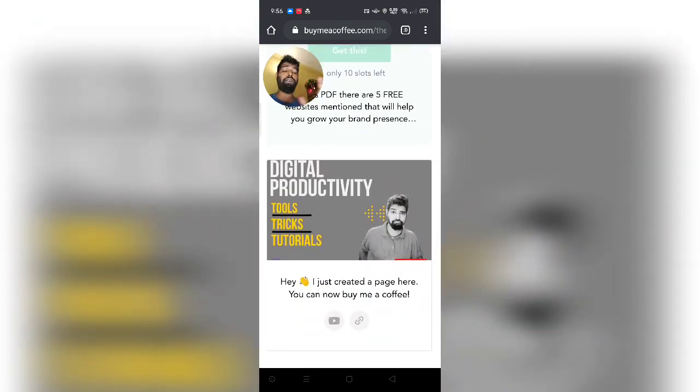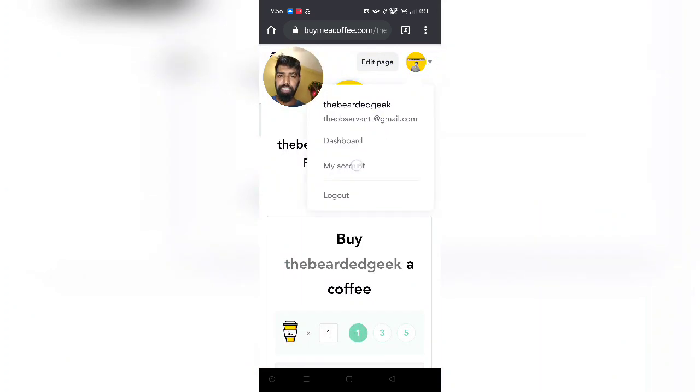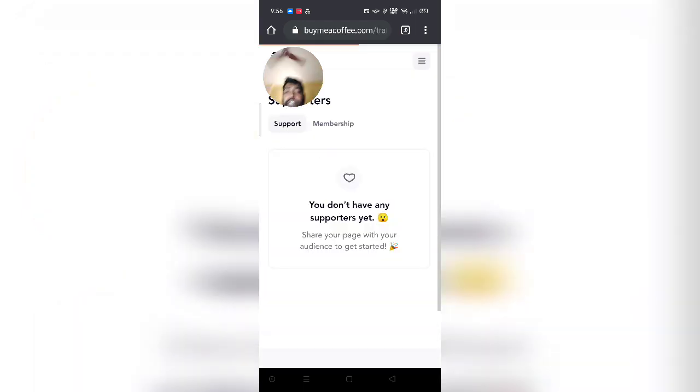Apart from that, it also allows you to create a custom banner for you. So you can probably add the timings or the genre or the niche that your channel or your blog has. It will just help your users to understand what exactly they are supposed to expect and when. Apart from that, you can add this regular description and the social handles. Let me just check if I have covered it all. Yeah, so you can go in your account and you can check the number of supporters you have.